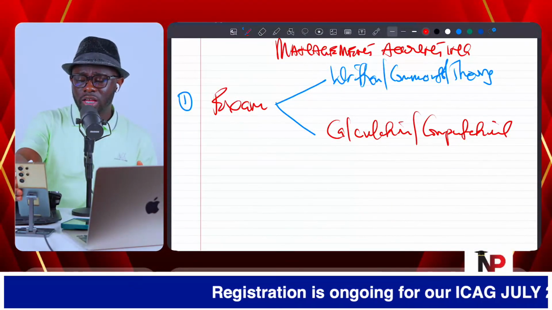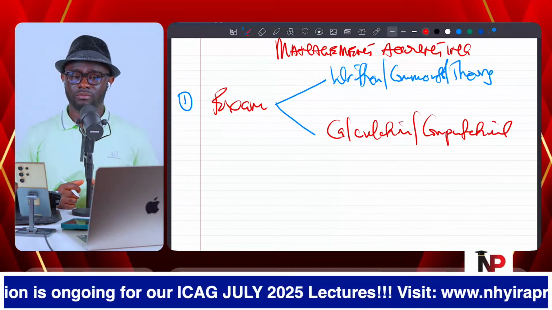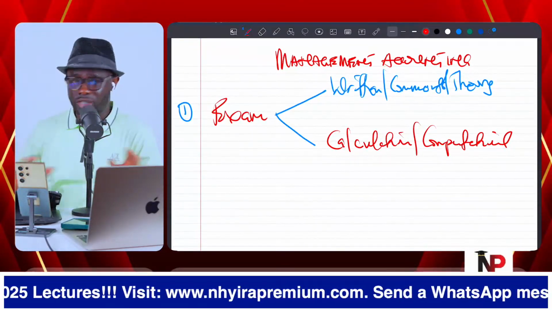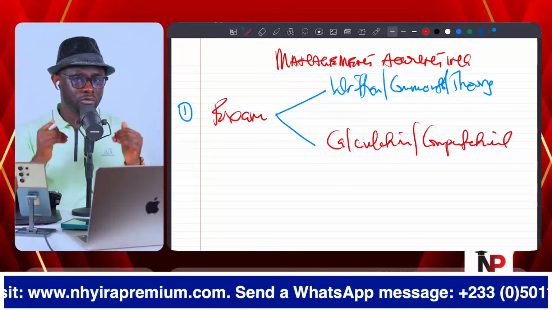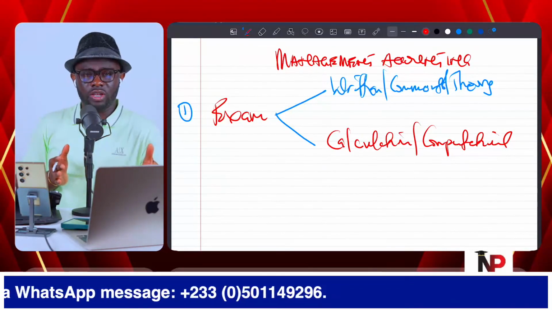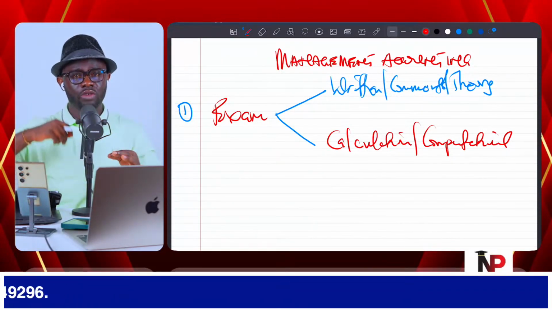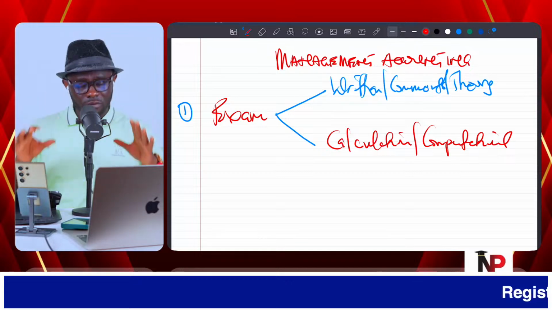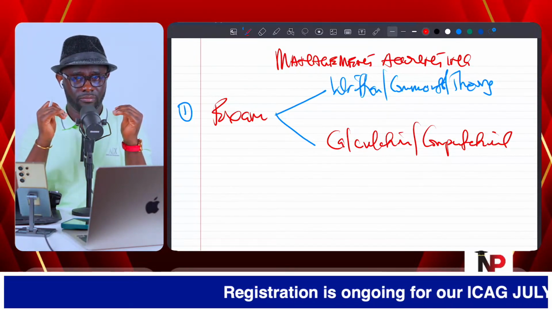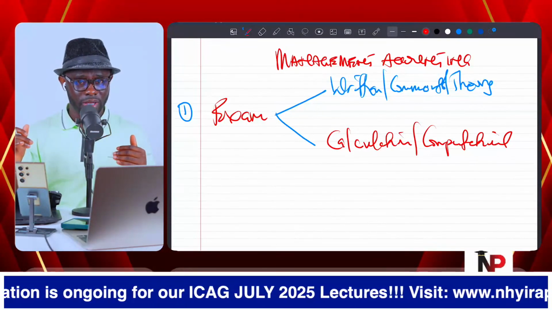Why? Because there are a lot of written aspects in management accounting. Under each of the topics, there are a lot of theories there. So as you are doing the calculation, you should be doing the theories alongside. But that is the first thing you must understand, the structure of the exam. Some theories will be there, calculations will be there.